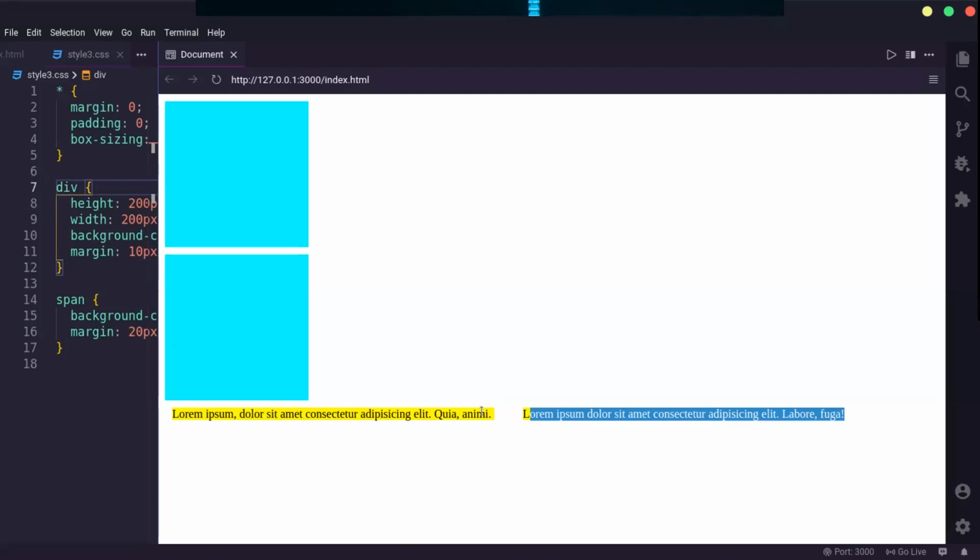So they are able to come in one line. But let's say we have this div, it's only occupying about 1/5 of the width of the page, and this can also be accommodated in the first line, but it's not.